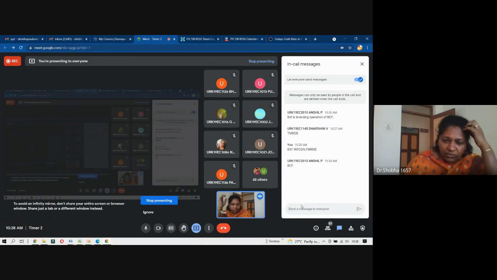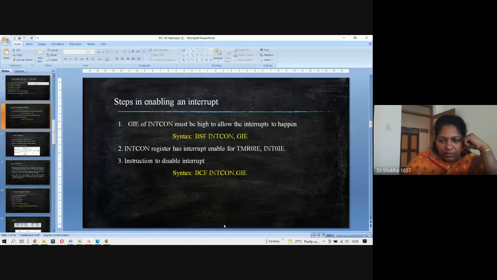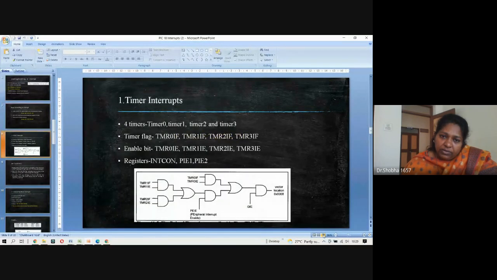But you just need to know the sequence in which you have to enable or disable, and then you just have to check for that bit and do whatever you want accordingly. Right? So I will give you an overview fast so that tomorrow we can have a recap of the entire thing which you have for your test. So when does your exam start? It's on Thursday, right? So tomorrow will be your last class before your test.